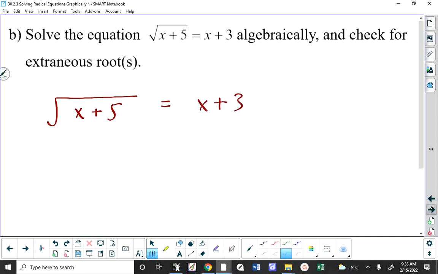And I'm going to square both sides. We don't really need the brackets around the left side, but I like to put it there. And when I square the square root on the left-hand side, I get x plus 5. And now comes something that is,